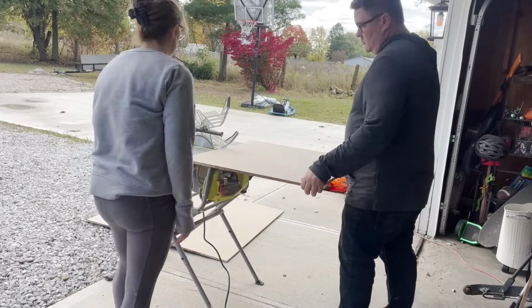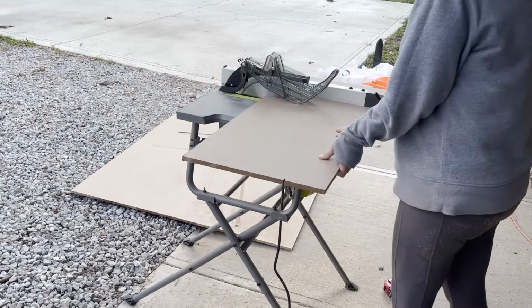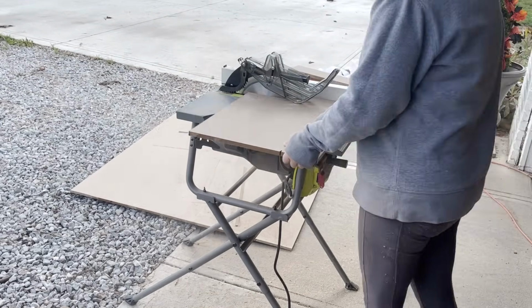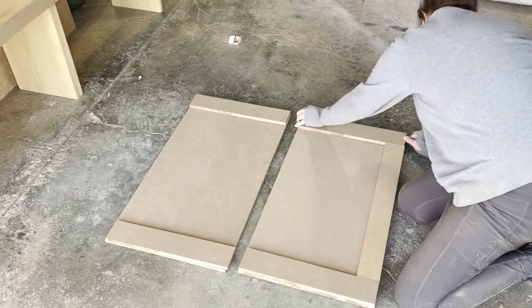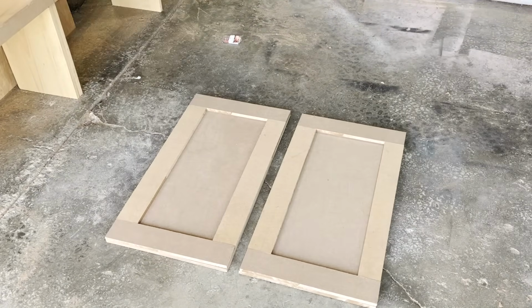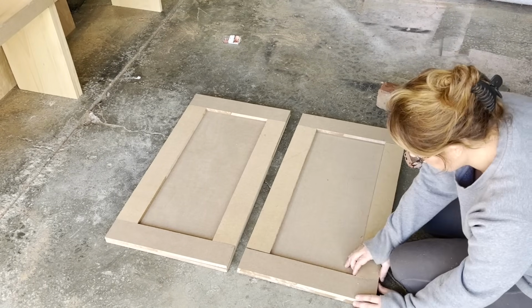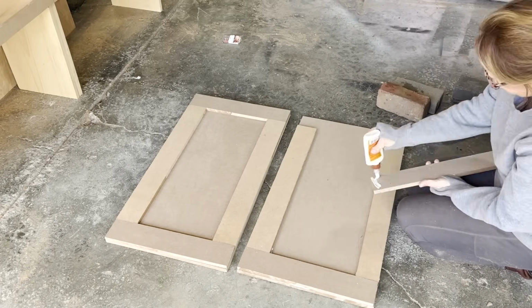Once I got the doors installed and the hinges, I wanted to go ahead and make the appliance cabinet doors. So I took another piece of MDF and cut it down in half to make 2 doors. Then I took another piece of MDF and cut strips out of that to place on top of my doors,